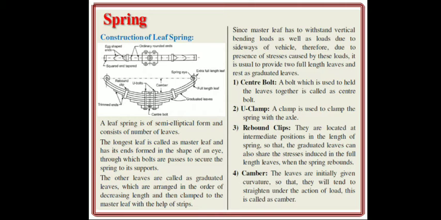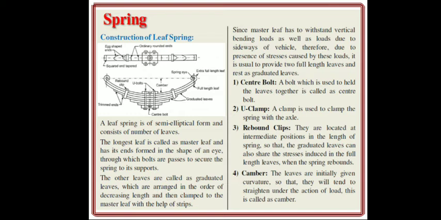The other leaves are also called graduated leaves, which are arranged in the order of decreasing length and then clamped to the master leaf with the help of strips. In the diagram you can also see that there is a center bolt, then spring eyes on both sides, and there are graduated leaves and a full length leaf. Now, since the master leaf has to withstand vertical bending load as well as load due to the sideways motion of a vehicle,